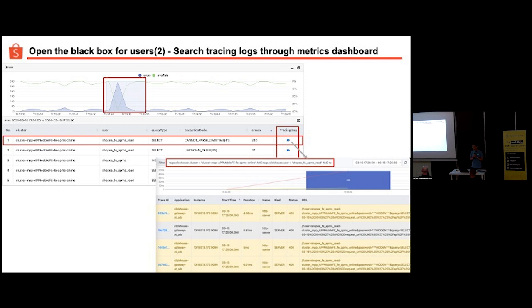Another point is that in our platform we can search the distributed trace logs by very complicated expressions, but users don't know how to write such complex expressions. What we do is we do this for users. How do we do that? We provide metrics for users. And if users want to know what